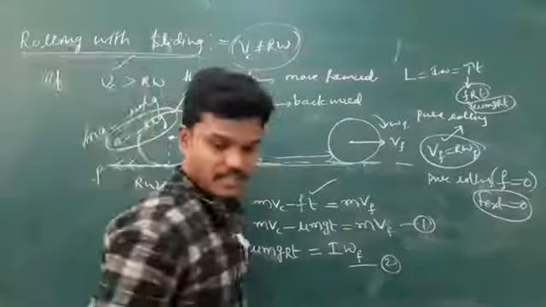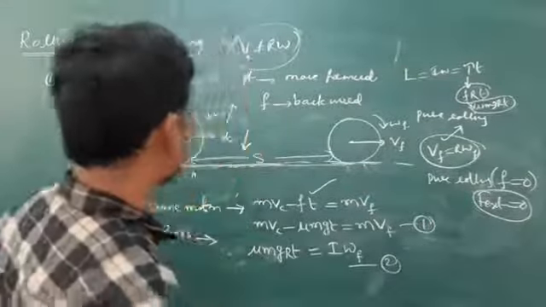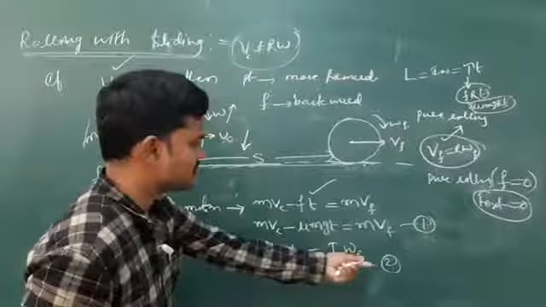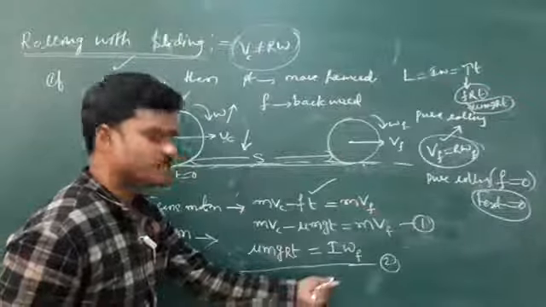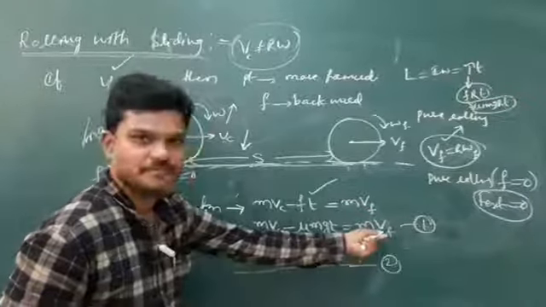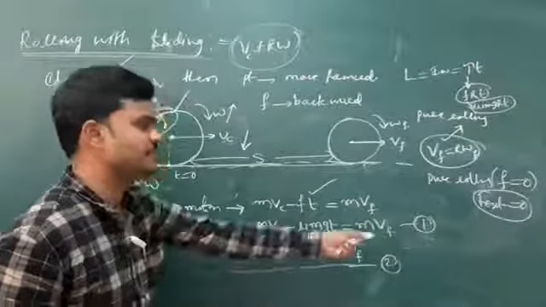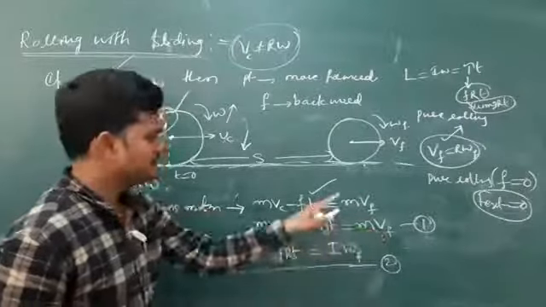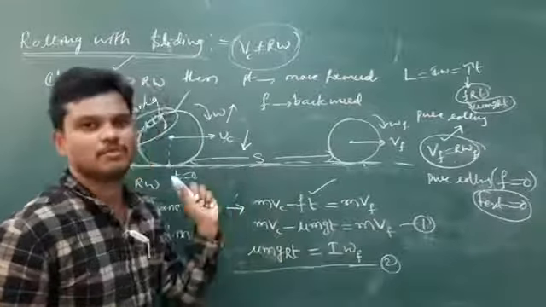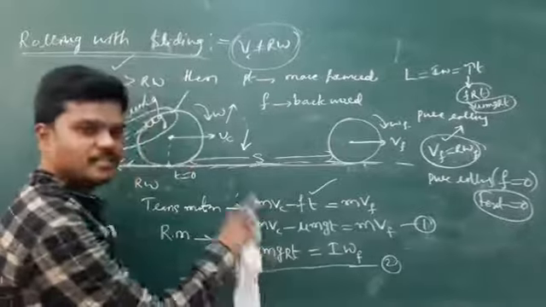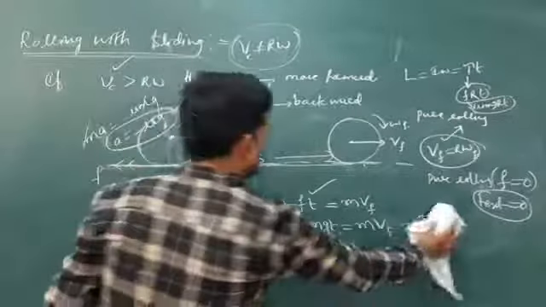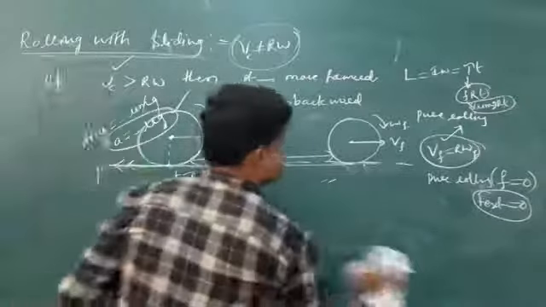Now see, if you solve these two equations, some terms will be cancelled out, and you will get the T and you will get the Vf. If you simplify these two, you will get Vf. Instead of this, let me apply this concept in solving problems. There are so many numericals, and I'll apply this concept in solving some numericals. So let us check the next condition.